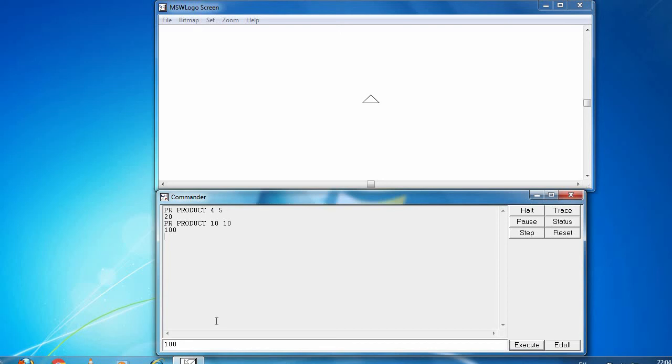For example, if you want to find out whether two numbers are equal or not, or whether among two numbers one is greater, or one is less, you will have to use a particular operator called relational operators. And remember, relational operators will always give you the result in true or false. If two numbers are equal, you will get the result as true. If two numbers are not equal, you will get the result as false.